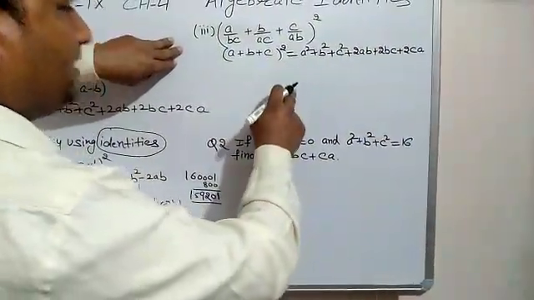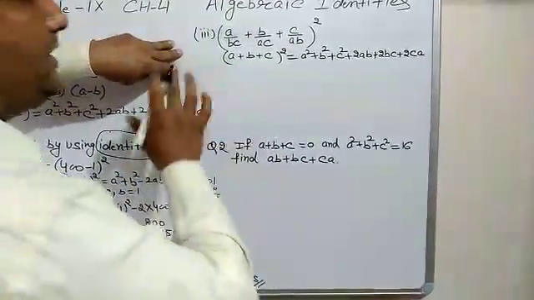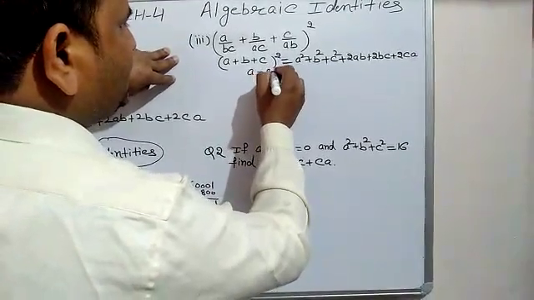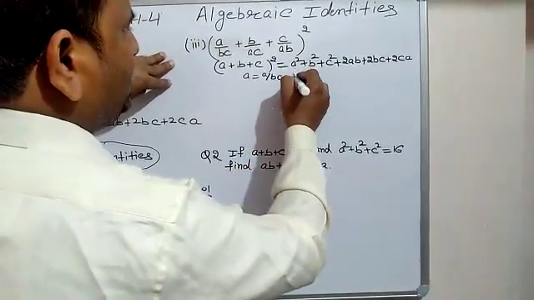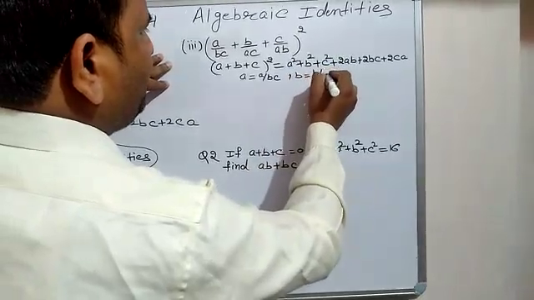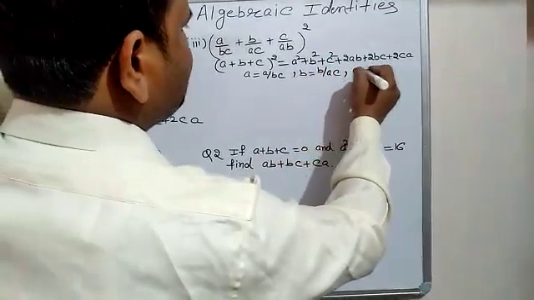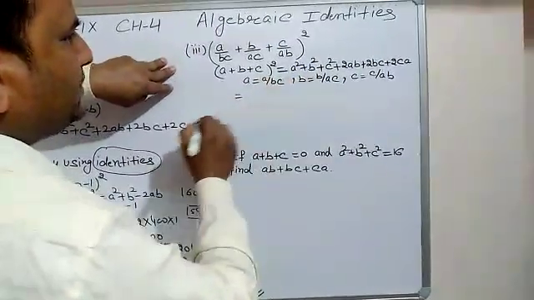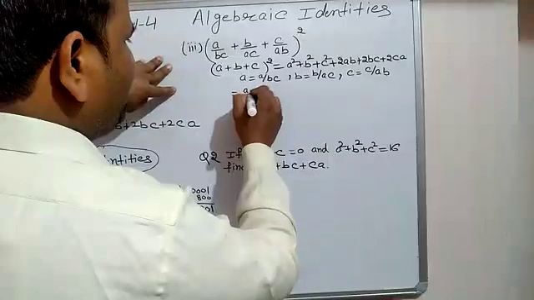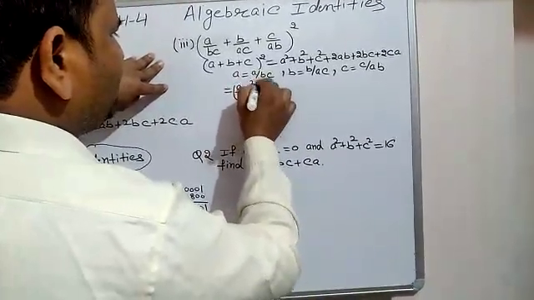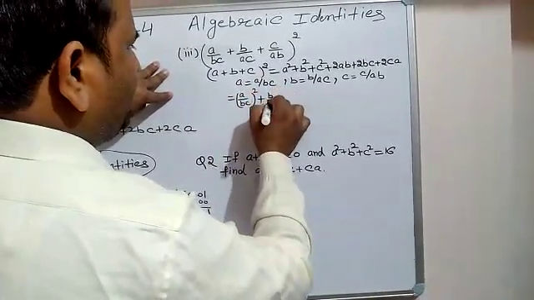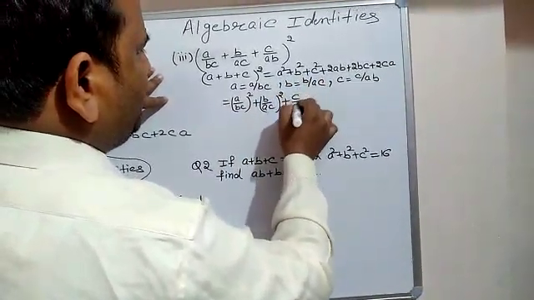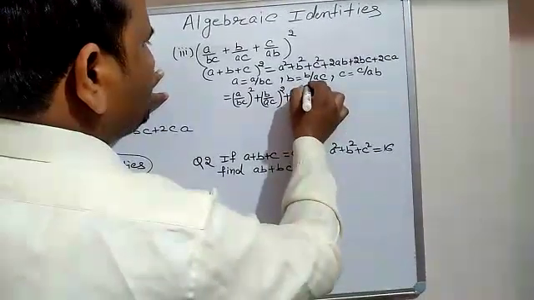If we know the formulas, then after the identification we can easily apply our formulas. So what is the value of A? A is equal to a upon bc, the value of b is equal to b upon ac, and the last value of c is equal to c upon ab. So let us substitute, which further equals a square, (a upon bc) whole square, b square, (b upon ac) whole square, c square, (c upon ab) whole square plus